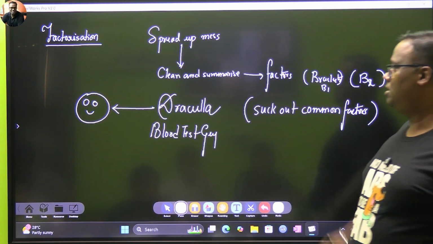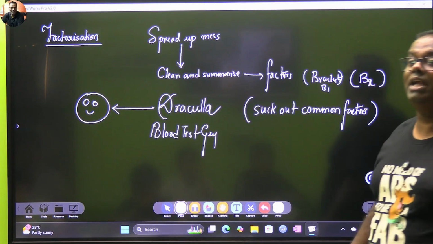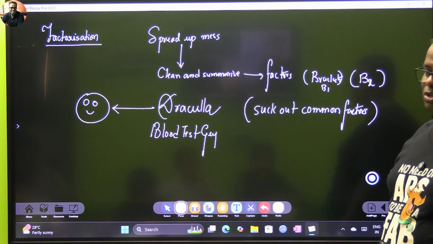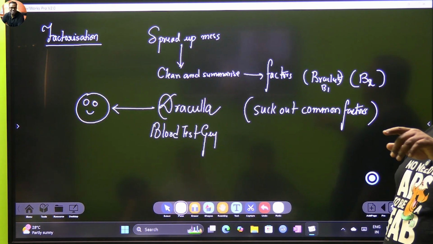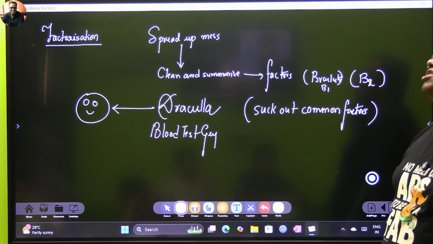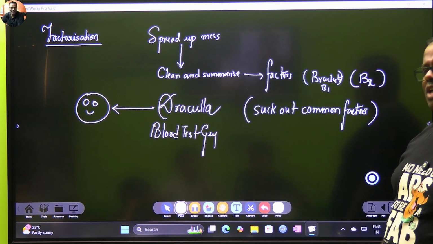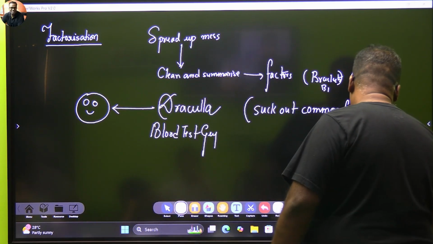And while doing this, you might be laughing at this step, but you will make mistakes at this step only. You will be a blind Dracula, or a Dracula with fewer rods and cones. You will not be able to see properly that there are factors. So you will have a lot of vision problems. Shall we start? Okay.